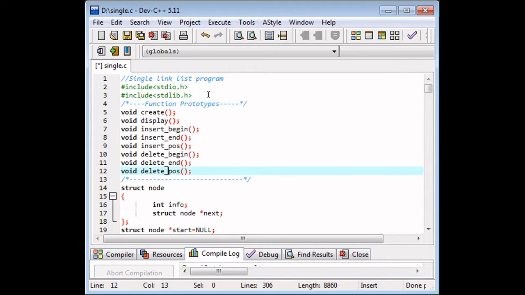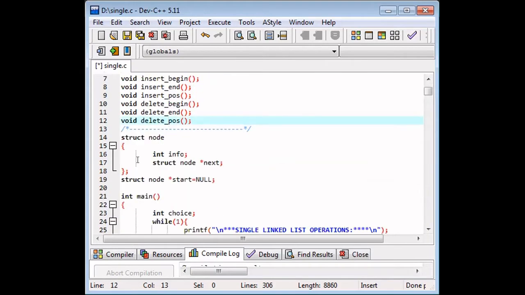So at the beginning we declare what functions we are going to use in the program: create, display, insert_begin, insert_end, insert_pos meaning position, then delete_begin, delete_end, delete_position. So these are the different functions we are going to have in our program.